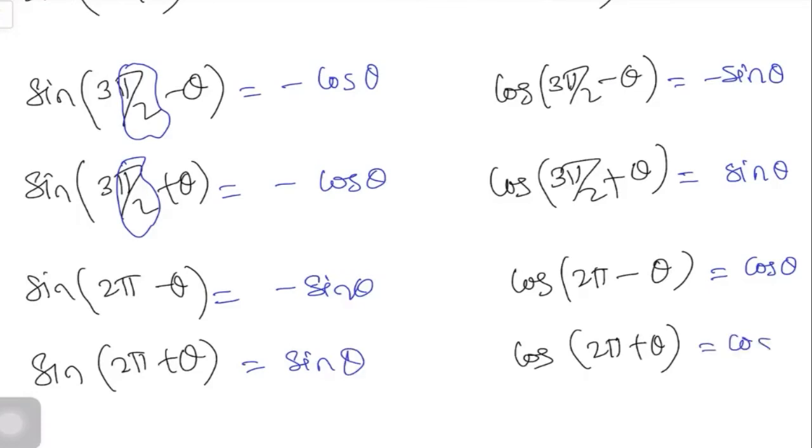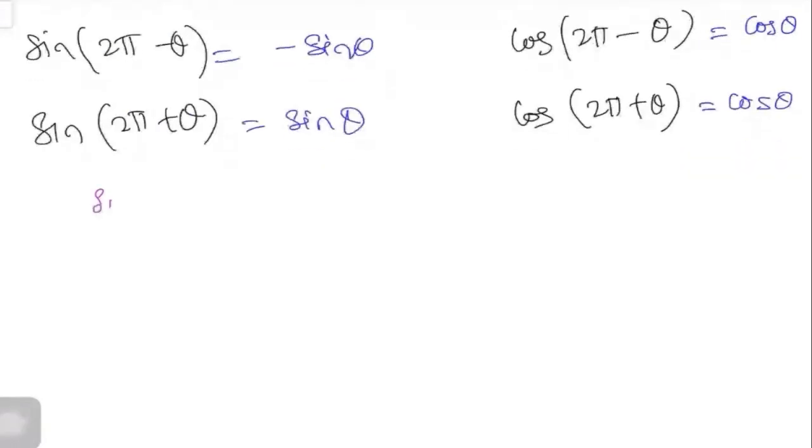So these are the formulas. Now the formula for sine 2 theta, sine of 2 times the angle. Instead of theta, I will be using 2 times the angle. So what is the formula for this? Sine of 2 times the angle is 2 sin theta cos theta, that is 2 sine angle cos angle. So this is the formula that we are going to use.